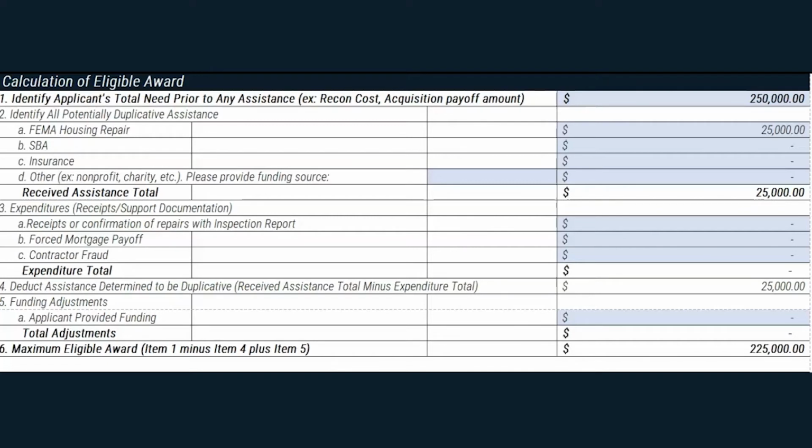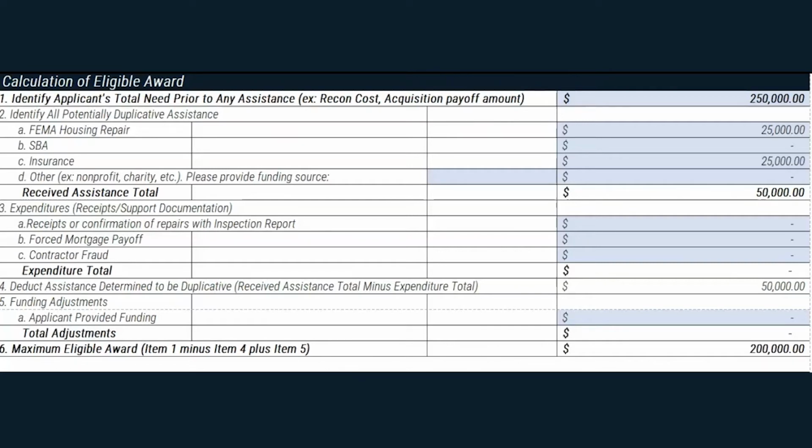For example, if our applicant's insurance determined that the total settlement amount for repairs and expenses for both the property and personal property was $35,000. However, the applicant had a $5,000 deductible. Therefore, they would only receive $30,000. So they reduced that $5,000 deductible from the amount to be considered, and of the $30,000 remaining, $5,000 was for personal property destroyed. So they also reduced that amount, and only $25,000 will be input into 2C to be considered